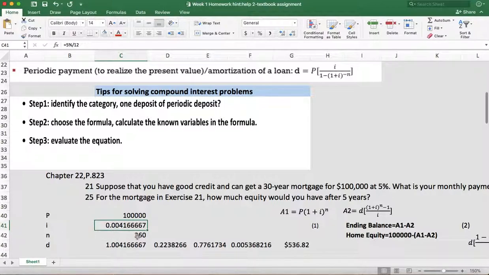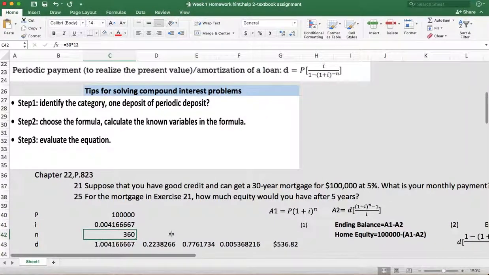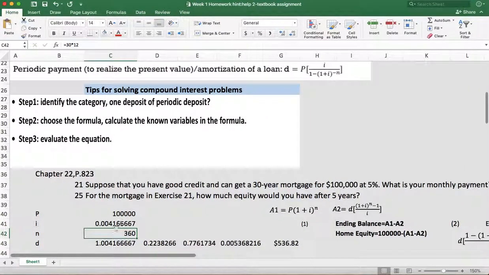N is the period, 30 years times 12. After figuring out these three parameters, we just plug in the numbers and evaluate the equation